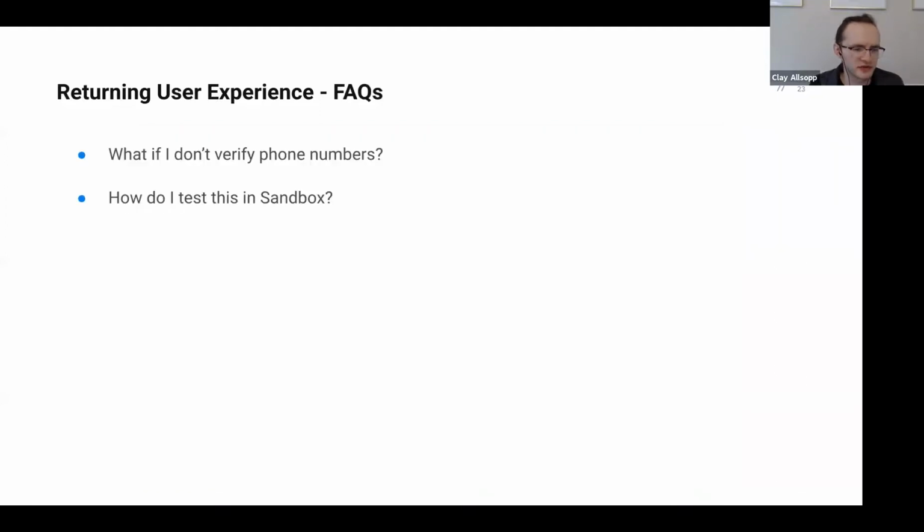Here's some of the questions we get about returning user experience. What if I don't verify phone numbers right now in my app? Well, currently we don't offer a returning user method without phone number verification, but we are exploring future ways to